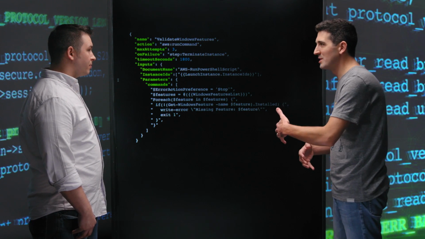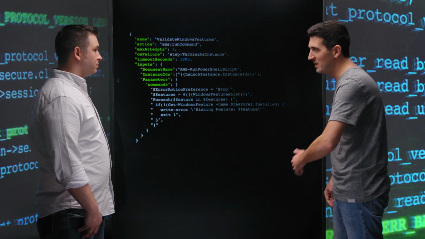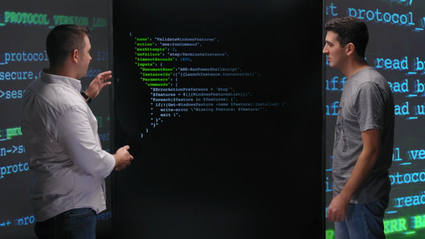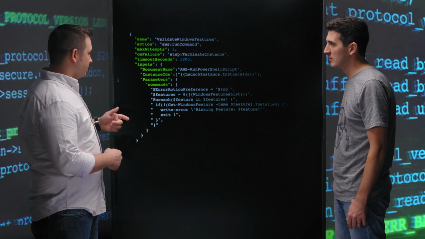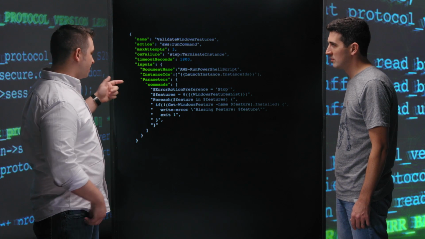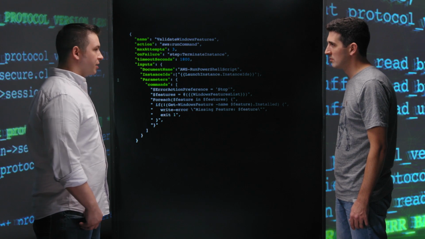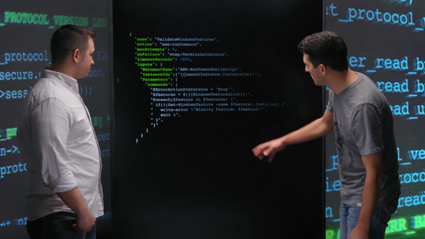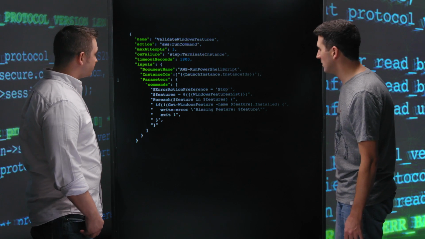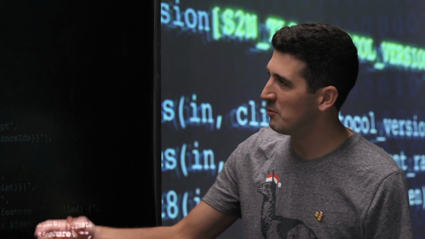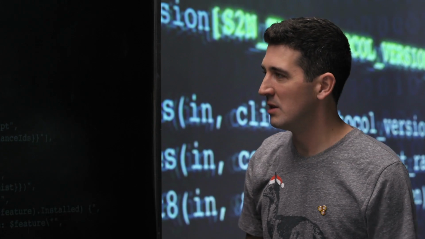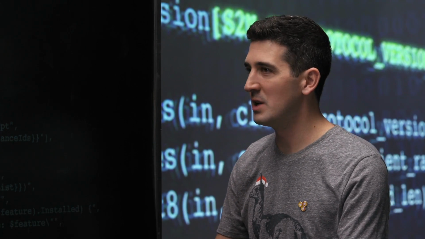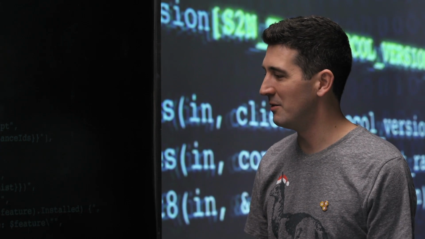Okay, so again, this features variable is referencing, like in the last snippet we saw, it's passed to this snippet as well, so it can go through the same features. Yes, so we have a separate validation document, and when we execute the automation from that document, we're passing in the features from the initial creation document. Okay, cool. So this is also PowerShell? Yes, it is. Okay, I see it now. And like we saw before, max attempts, timeout, so step functions will retry it a few times, and then again, you can dig through it if it doesn't work, right?